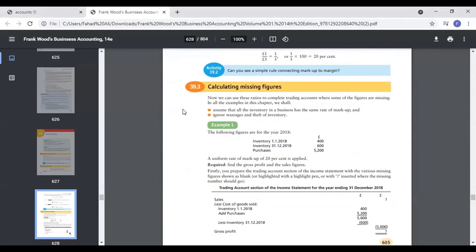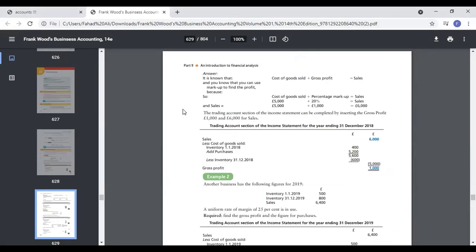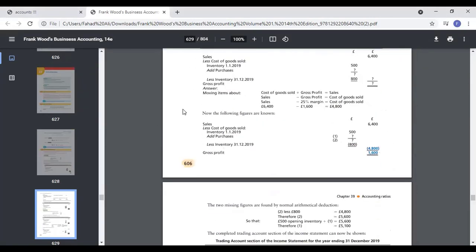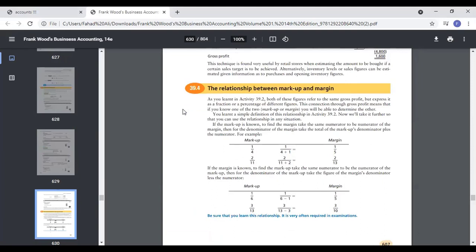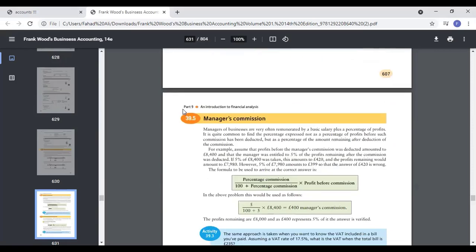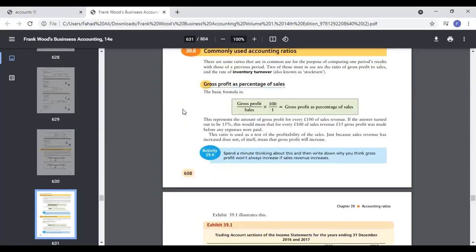So I think you put it in the opposite form. You subtract the percentage from 100, and then you put it in the denominator. I'll tell you in the class, because these formulas given by the book are very difficult. According to me, I did not remember this as a student, because they are very difficult to convert. I'll tell you a simple format. But so far we'll proceed with commonly used accounting ratios.